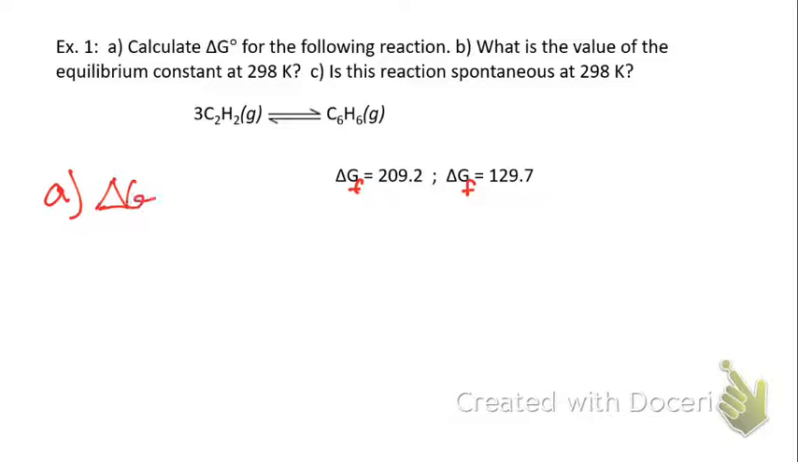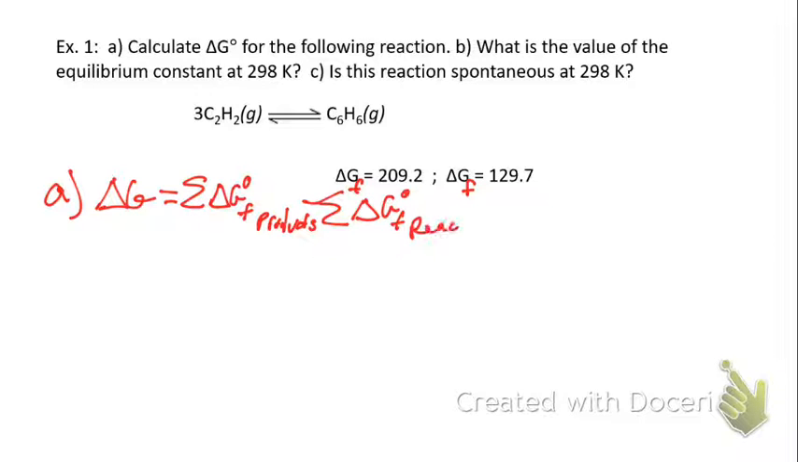Delta G is equal to the sum of the delta G of formation of the products minus the sum of the delta G of formation of the reactants. This equation you should be familiar with. Okay, so we're going to take the products minus the reactants. So if we set this up, then delta G naught should equal